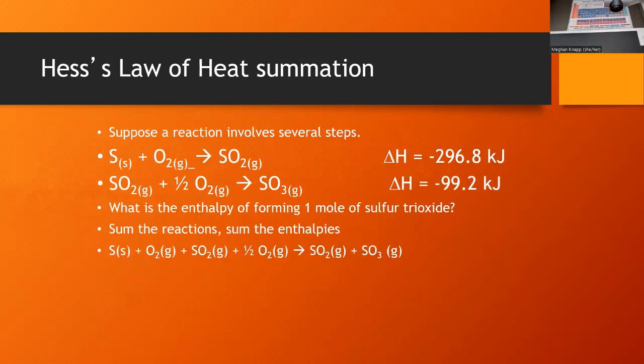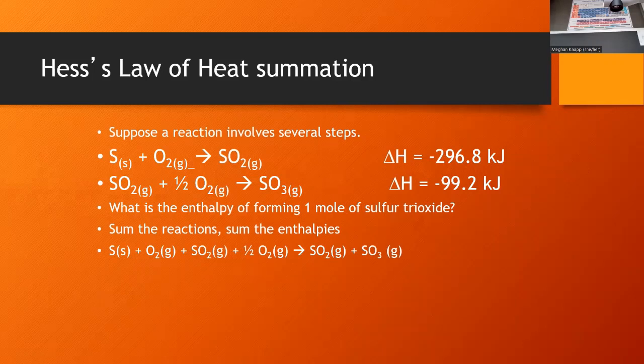So here's an example of what this means. We have a combination of steps forming sulfur dioxide and then using that sulfur dioxide to form sulfur trioxide. When we add them together, it's going to give us the enthalpy of formation for sulfur trioxide, forming sulfur trioxide from its elements. So if we wanted to know what that enthalpy of formation was, we could just add together these two